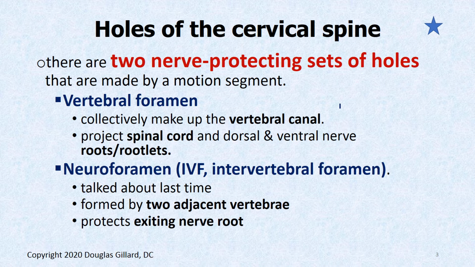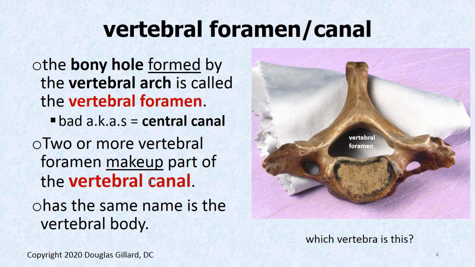Remember, there's 2 holes in the cervical spine that serve protective purposes: the vertebral foramen and the neuroforamen. Vertebral foramen, of course, is there. You put 2 of these together, you have yourself a vertebral canal. A bad AKA for this, if you have 2 or more of these together, is central canal, because remember, was